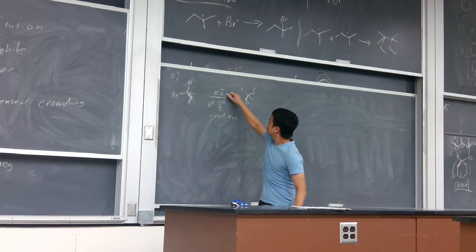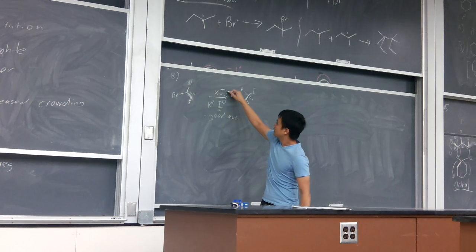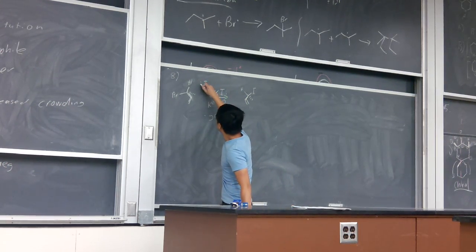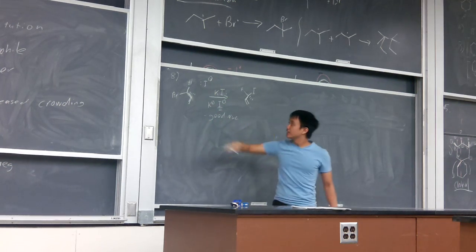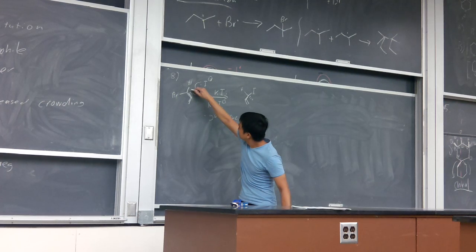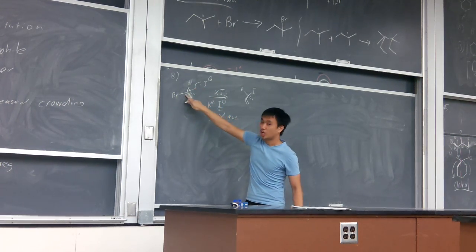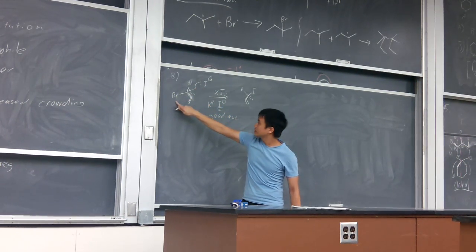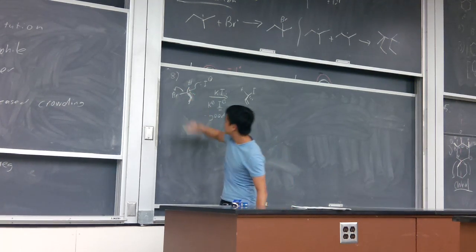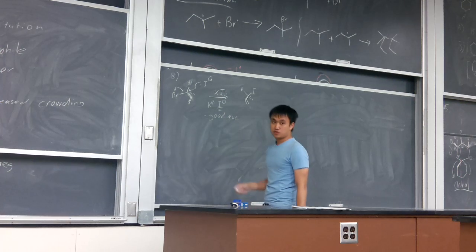And so let me show you guys this iodine here. The iodine has a lone pair. It's going to go to the backside attack, directly behind this carbon bonded to that bromine, right? That carbon-bromine bond is going to break like so, right? And if you draw a transition state,